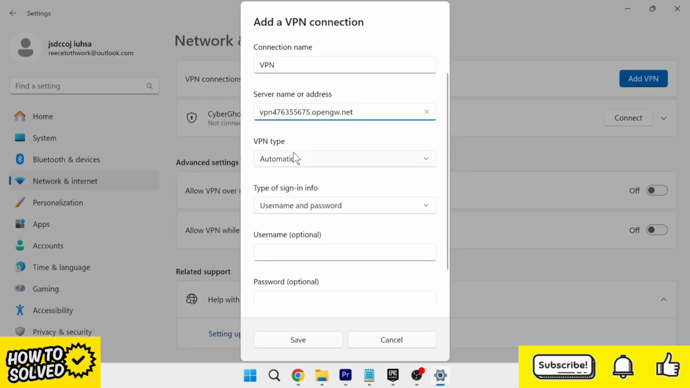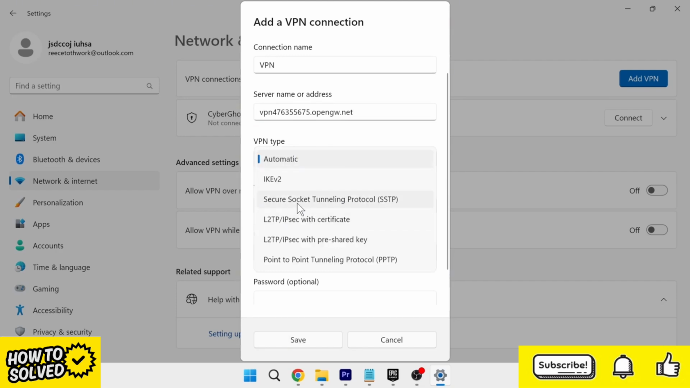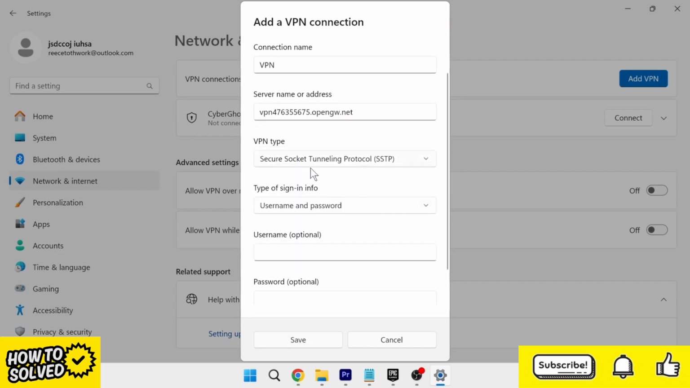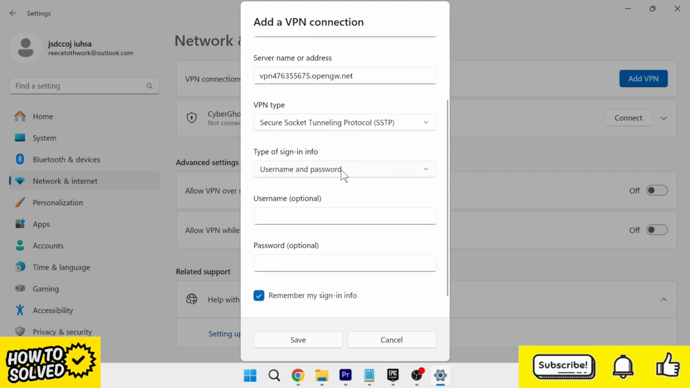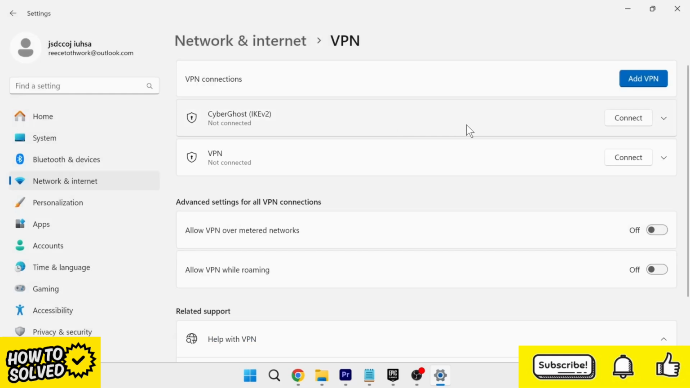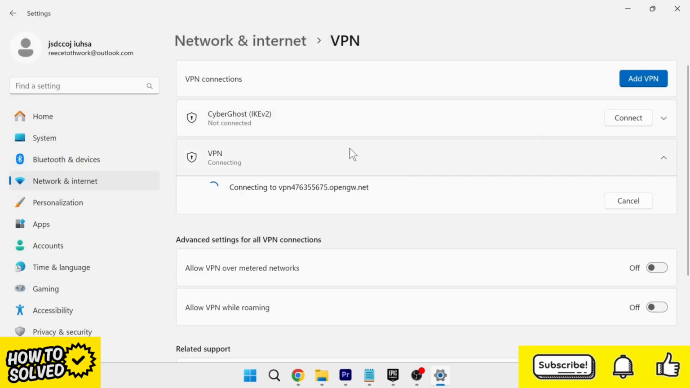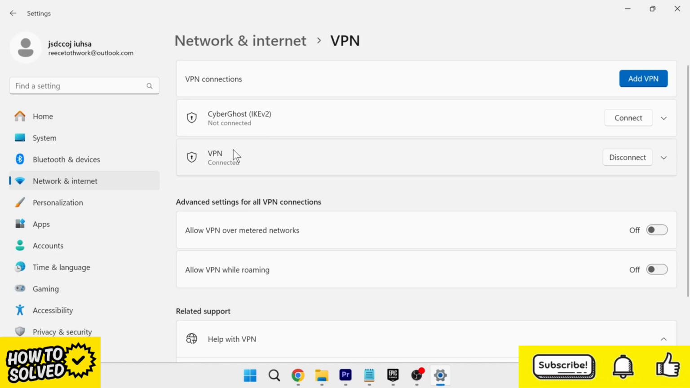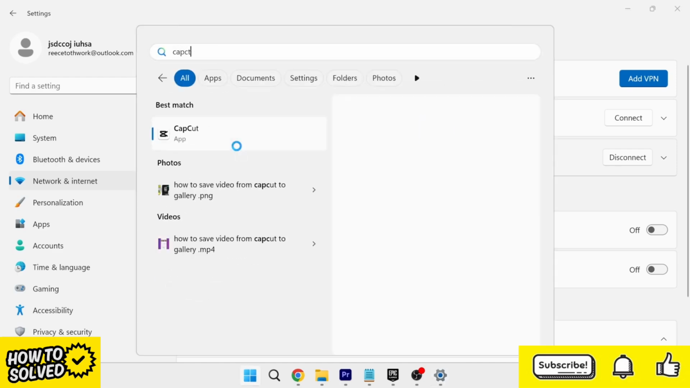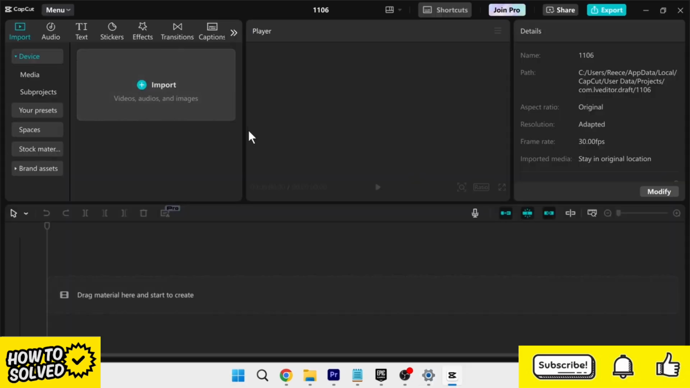Change the VPN type from automatic to secure socket tunneling protocol. Type of sign-in info, username, and password, and you're just going to type in VPN and the password also VPN, and then hit save. And then click on the connect button over here to connect to this VPN. And once you're connected to the VPN, you could then launch back up the CapCut application. And if I come back over to my project, you can see now that we've got rid of the network issue, and that's